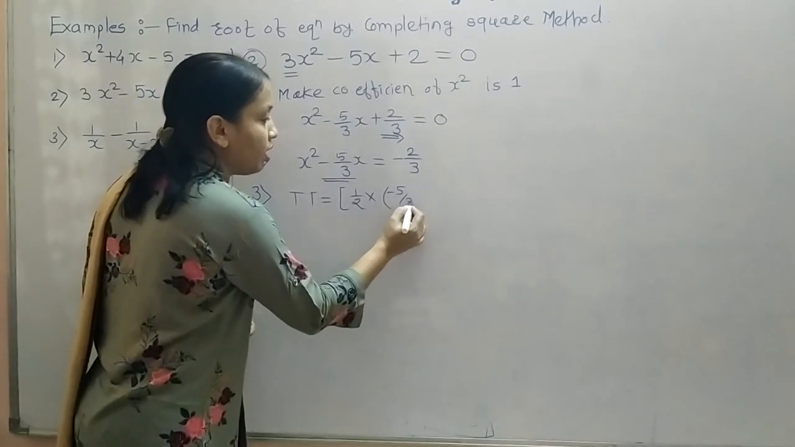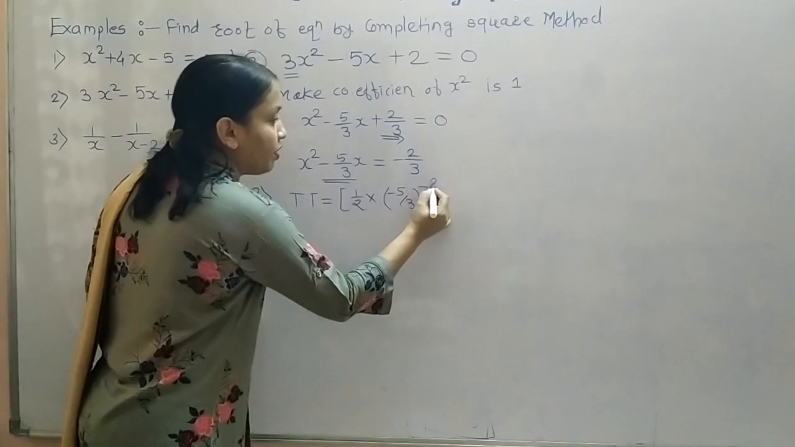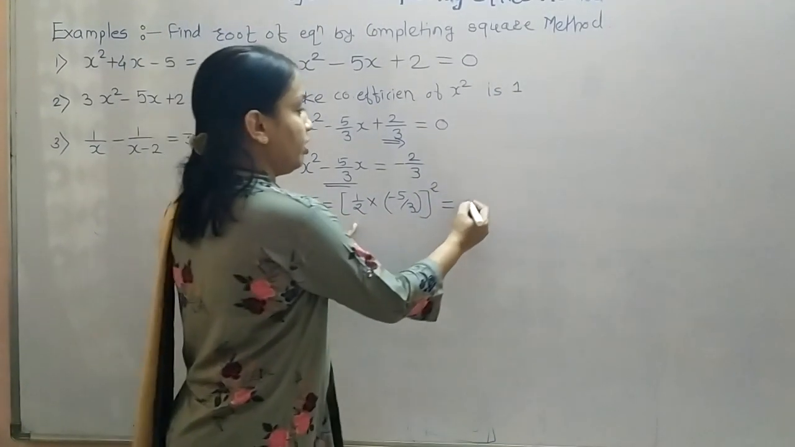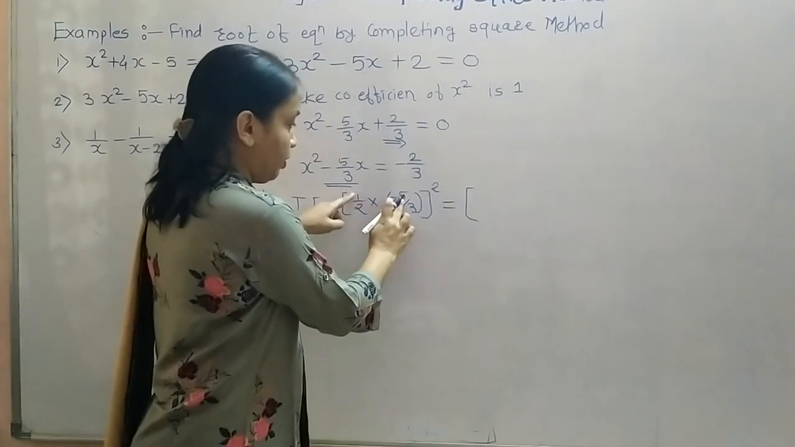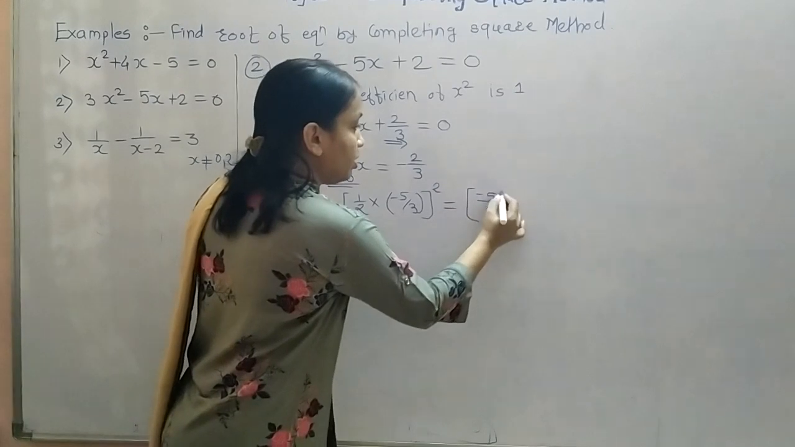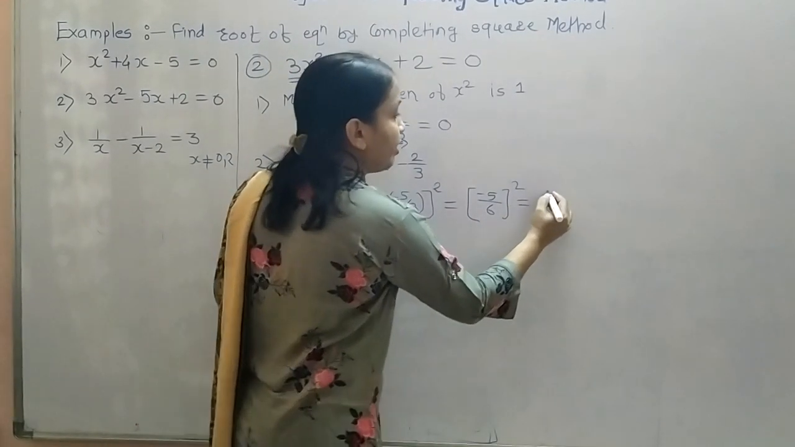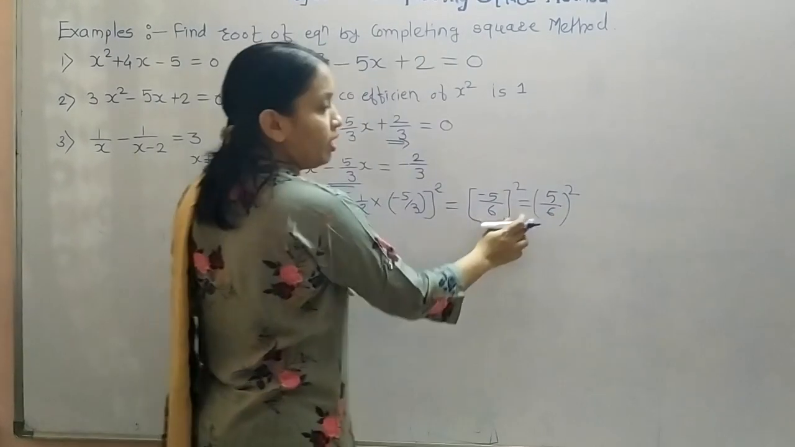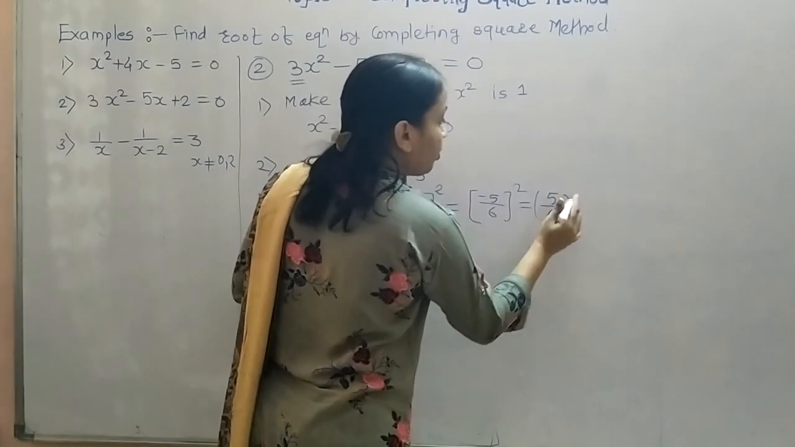Minus 5 by 3. Okay. And then after its square. Now, simplify this. First complete this bracket, that is minus 5 by 6 bracket square. You can write it as 5 by 6 bracket square, because after squaring you will get this only, or you can write like this,